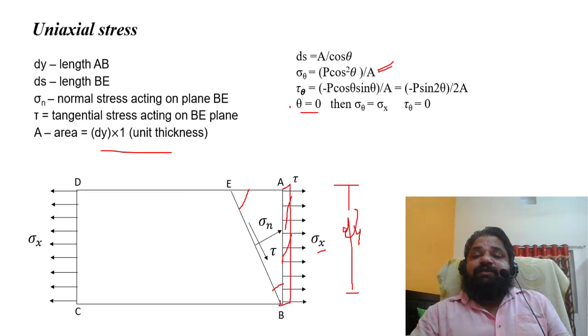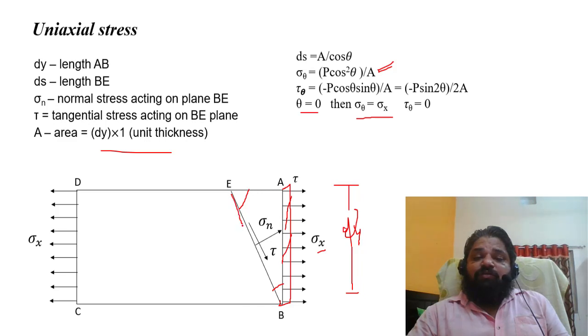Now if I make this theta equal to 0, then sigma theta will be sigma x. Because if theta is equal to 0, ds is equal to a by cos theta, and cos 0 is 1, so I get only ds equal to a. At that time AB and B will coincide with each other. So based on the uniaxial stress condition that we have just discussed, it is just an extension of that. You may ask, if I am interested to find out this value,